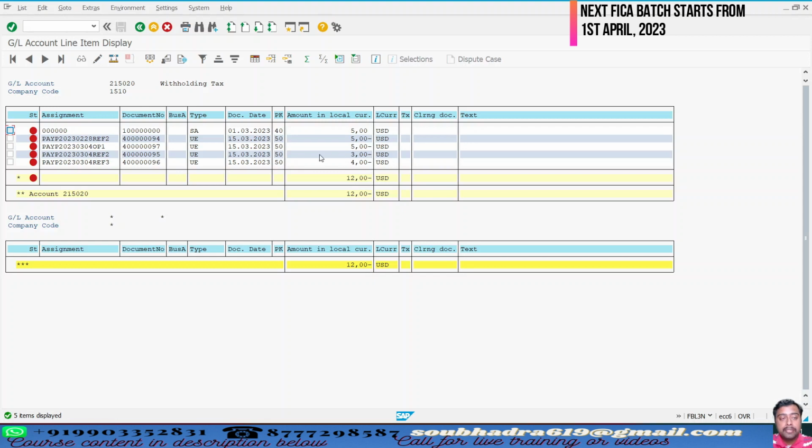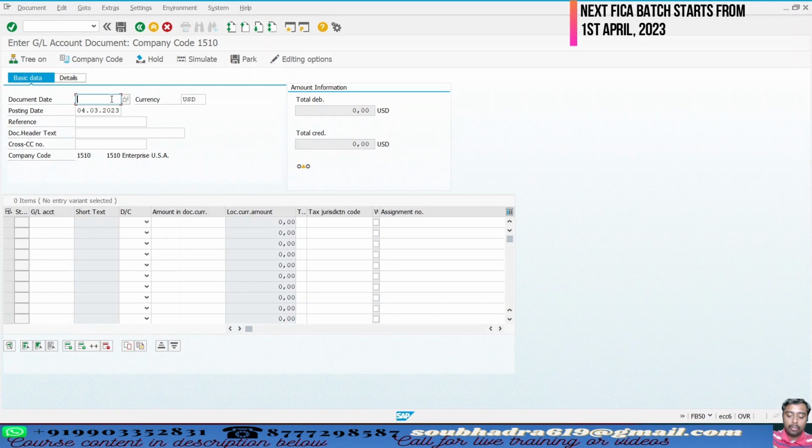So this is the FI team's lookout to post the $12. Let me show you how the FI team posts the $12. So /o FB50 is the T code. Here at the month end, say on 31st March 2023. It is based on different regulations. As I told you, in India the last date is 7th of April, but in the US I don't know. Let's assume that in the US the month end is the last date within which the entire withholding tax amount needs to be paid. So here they can manually write a text like